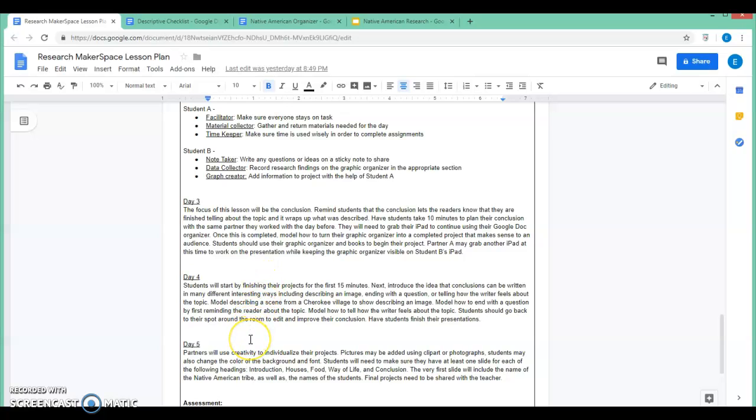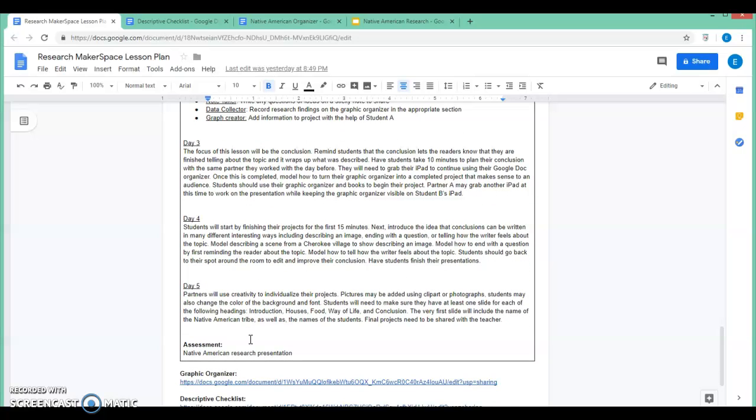So day 4, they're going to work on finishing up their projects, and clearly it's not going to be done within the 2 days. It's going to take some time, but as much information as can be added during this time would be perfect. And we're going to describe how to write conclusions in more interesting ways, and then they get the opportunity to edit and then improve their own conclusions. And hopefully by the end of this day, we'll be able to finish up with these presentations so that finally